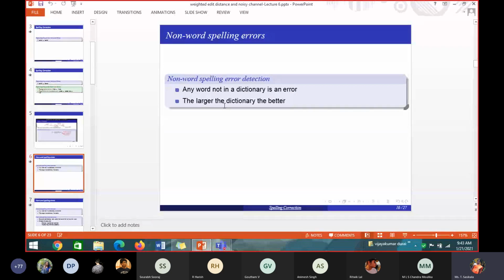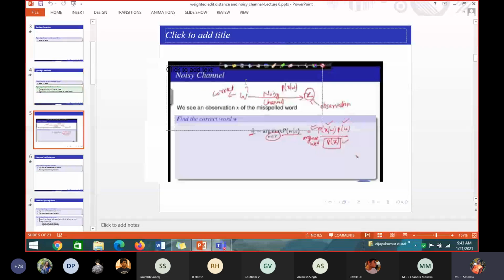See, I have a correct word W. When I want BEHALF and type it on a keyboard, I type it as BEHAF, and the L is missing. That comes as an output X. So how do we find out whether it is a misspelled word or a correct word? It's a wrong, incorrect word. What is the method to find out that the output I got is wrong? Me as a human, by seeing this I know BEHAF is wrong, it should be BEHALF.